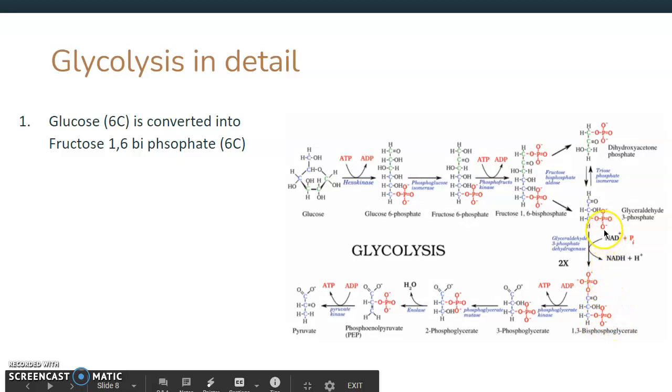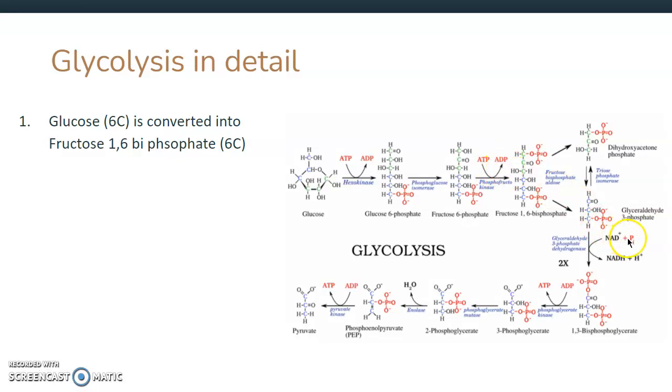Instead of using ATP, we are going to bring in NAD plus and a phosphate group and convert it into NADH plus and leave our phosphate group on here. So we're really replacing this hydrogen on the top with this phosphate group. And this hydrogen is going to go and charge our other battery, our other energy carrying molecule. This little 2x just means that we have 2 of them now. So we have 2